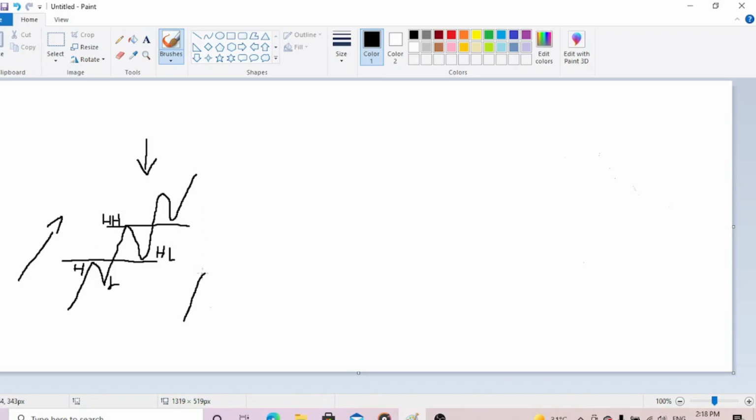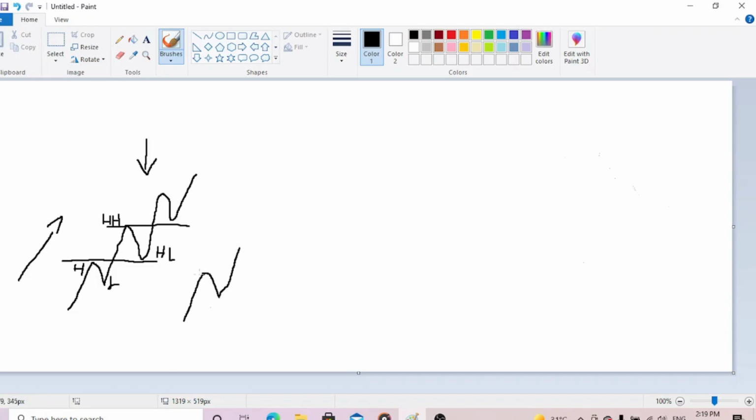Okay, but in the live markets, the structure will be more like this. It's going to do exactly the same thing, but with a twist. I know in most videos people will be teaching you that the market is just making higher highs and higher lows, but when you get to the market, you can't really see where is the high and where is the low. Because the market will pull back,